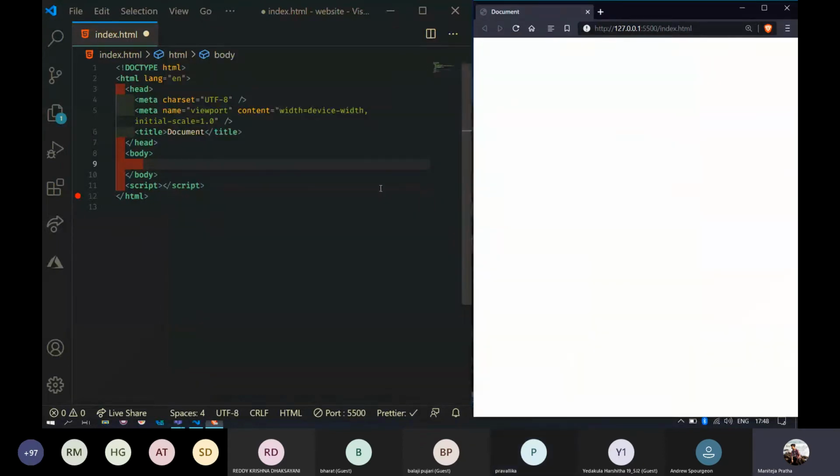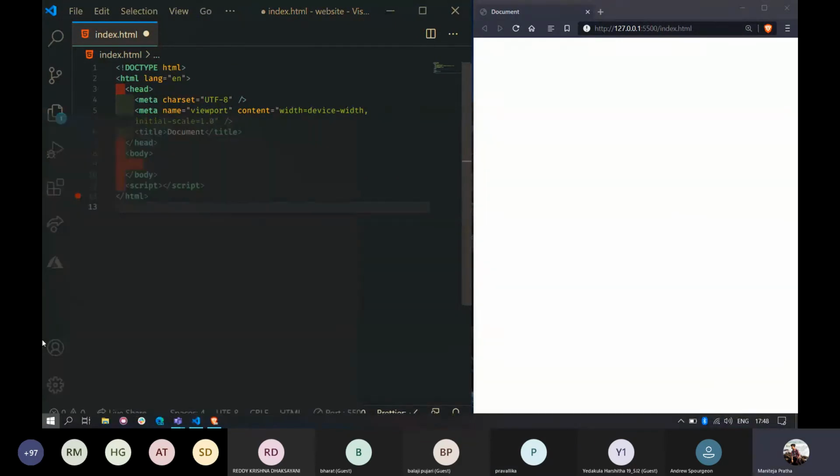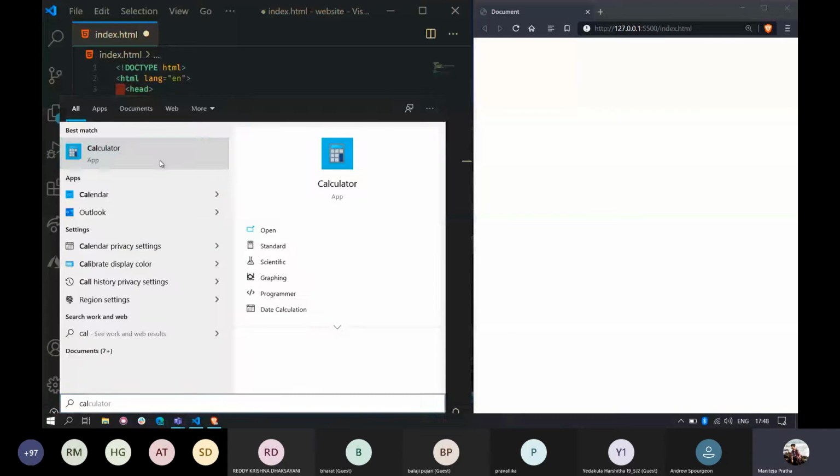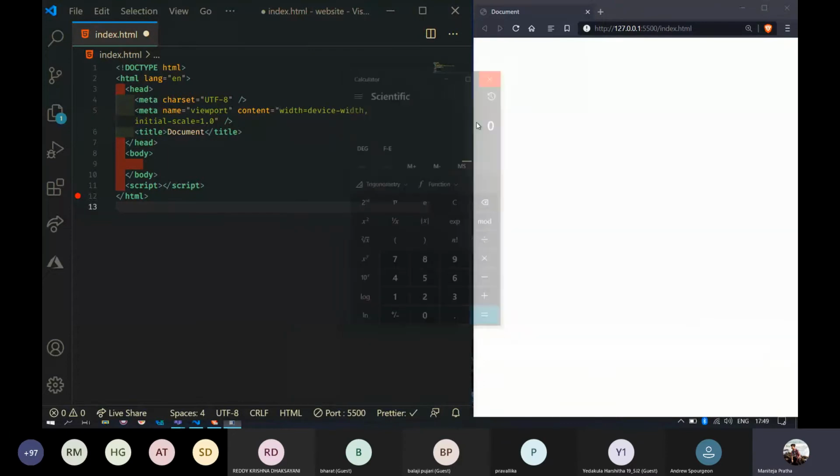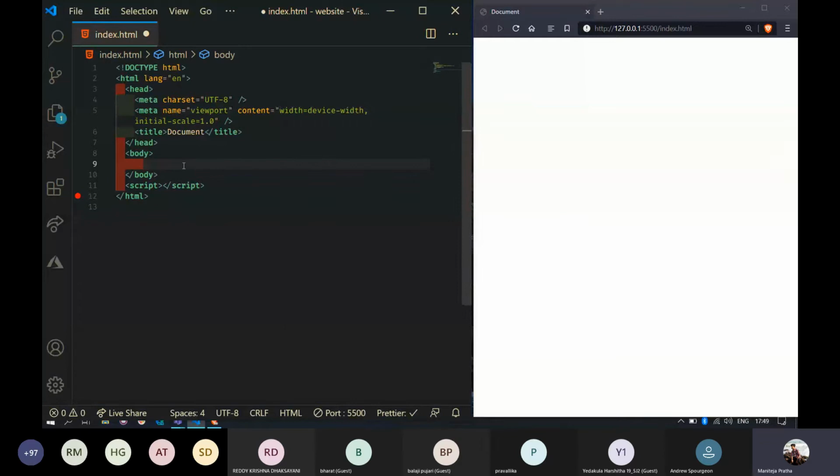And let's do this thing. I will open my calculator in this. So instead of doing this, let's build this layout as well. Let's keep buttons, inputs, and all those things. So first, I will create the number pad. How many numbers will we have, from 1 to 0, right?